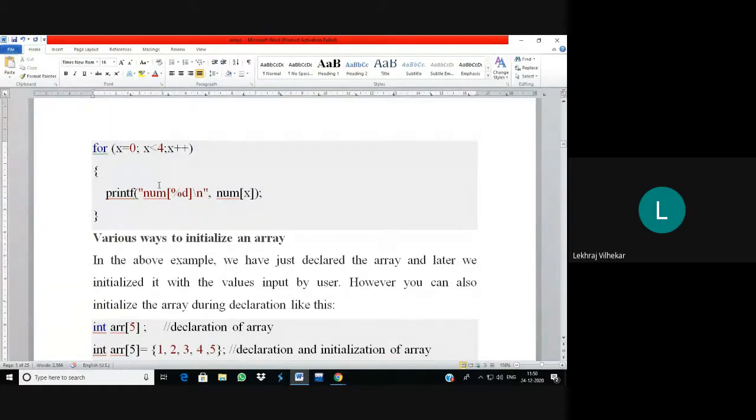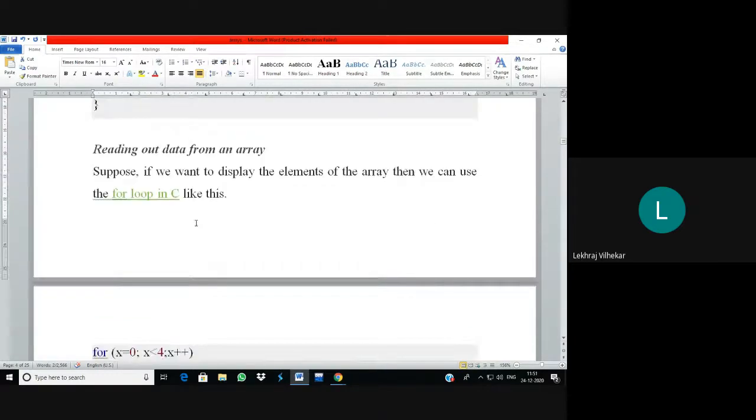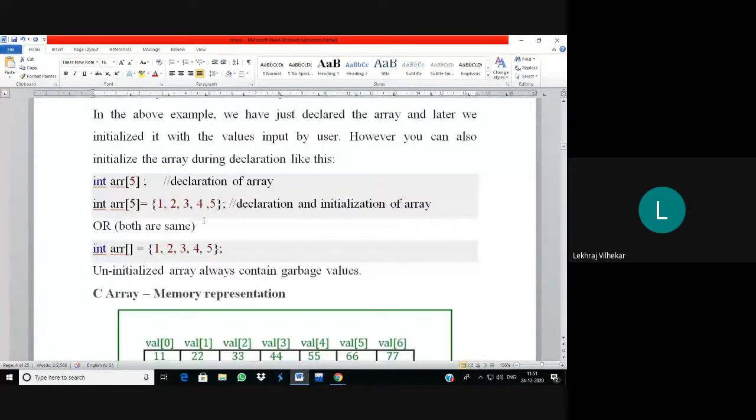During the time when our program was running, we read the values for it, so that is called dynamic memory allocation for the array. You can see that during runtime we are inserting the values in the arrays, but here we are initializing the values of the array.